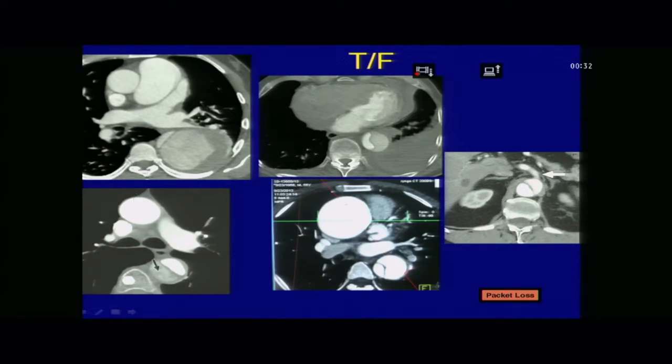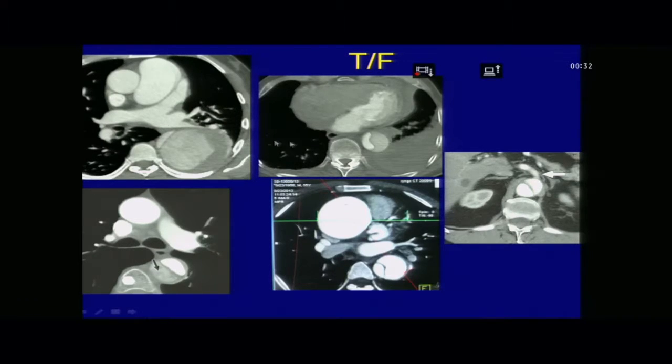So I have shown you these 2 cases. Sometimes we say the medial lumen is the true lumen. So I am showing you one case where the true lumen is medial. This is a true lumen which is lateral. So spiraling can happen in any direction. So you cannot say actually.